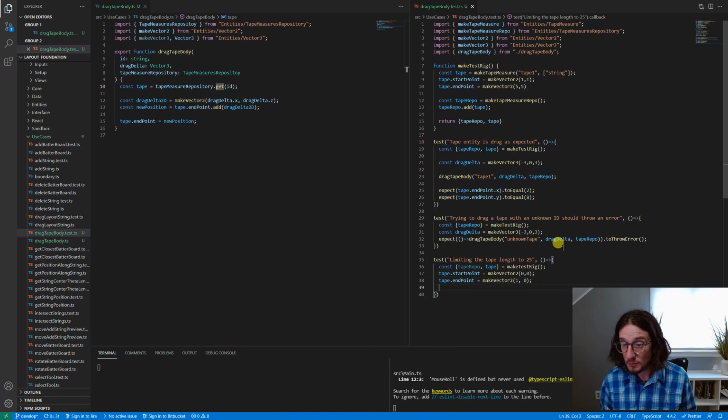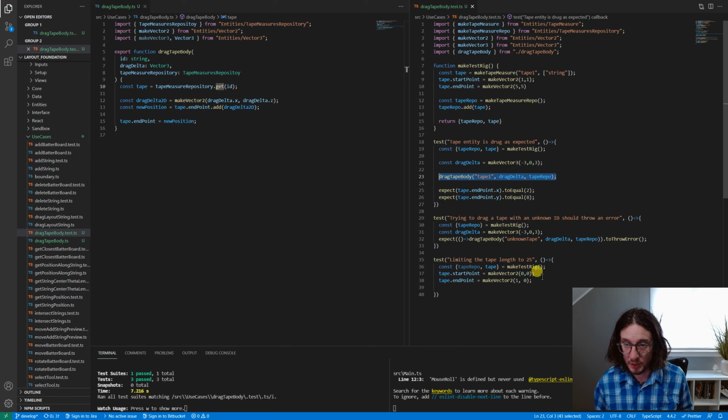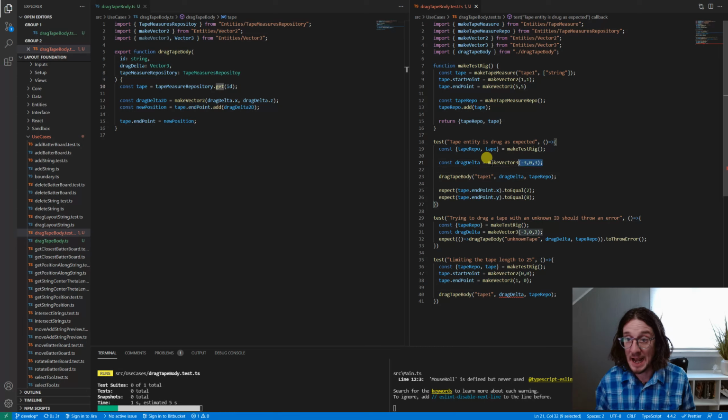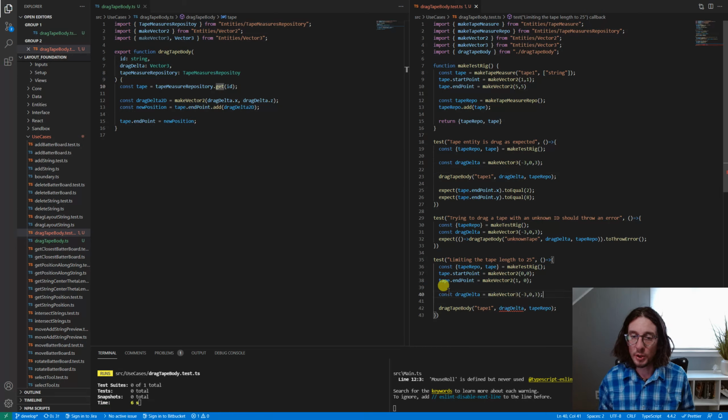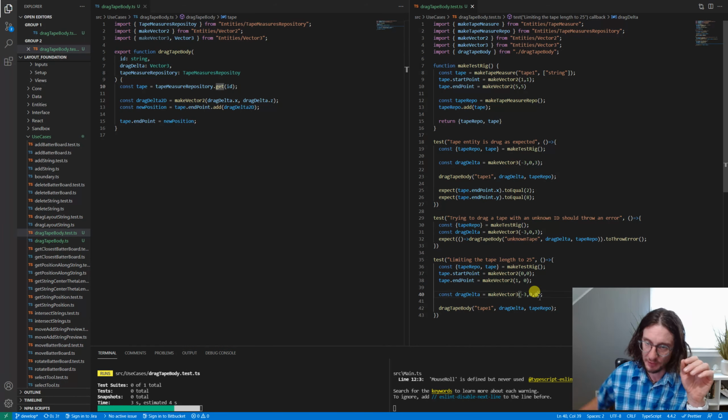Now our drag is going to come in here, tape drag. And what we're going to do is we're going to do this drag delta. Now let's make this drag delta long. So again, we're not going to drag anywhere in the z. Let's just drag it right along the x-axis, and let's drag it out to